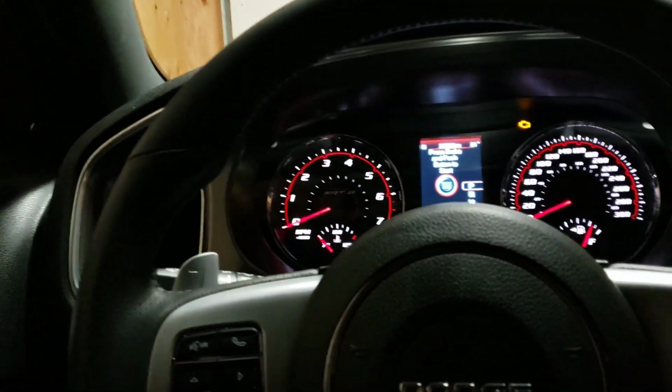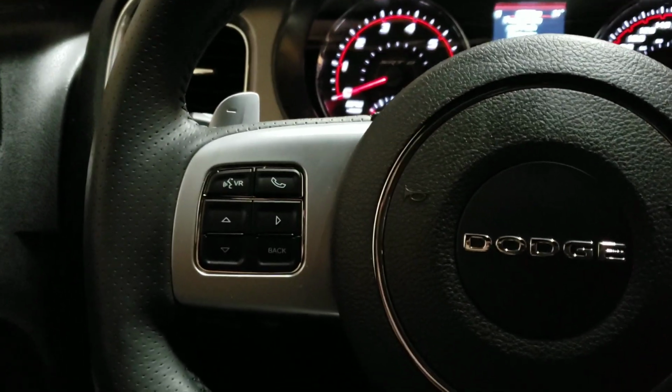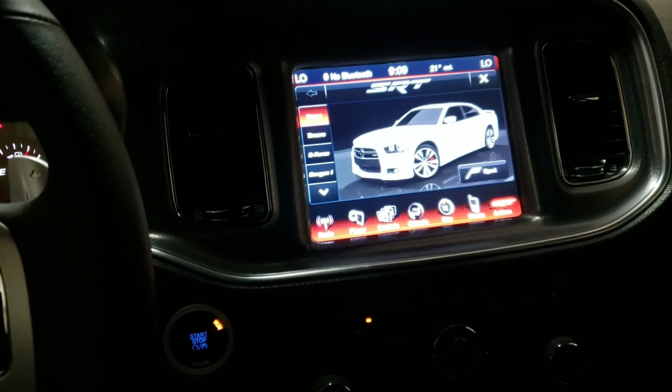Let's get away from my camera to do its thing. Continuous recording will now start. Sorry about that. Anyway, so interior,